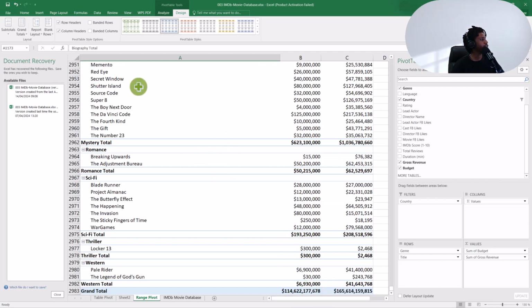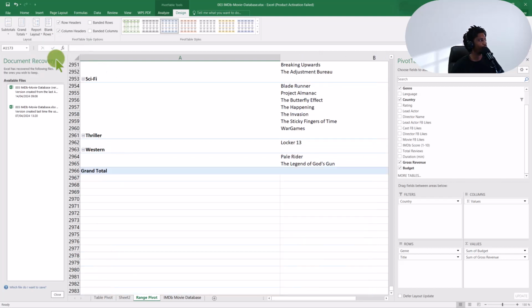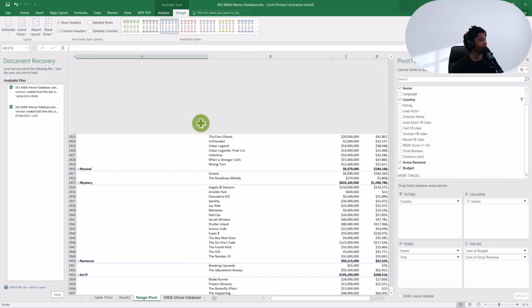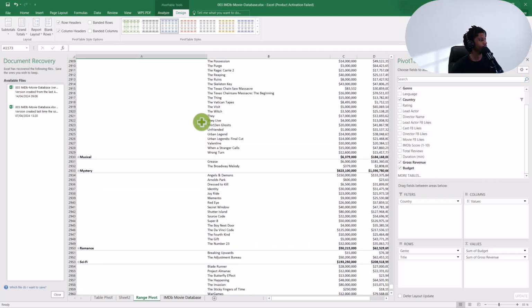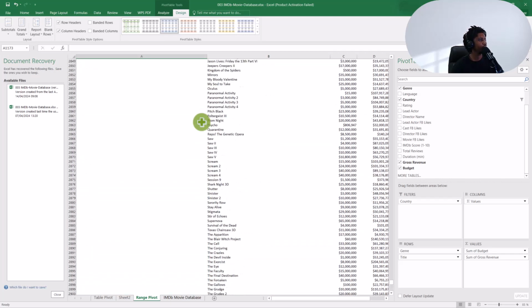Another thing that is very important I want to show you is the report layout. Right now it's set to show in compact form. But in cases where I have groups, what I like to do is show in outline form. So I'm going to click on outline form, and like I said, I really enjoy looking at data from the outline form because,